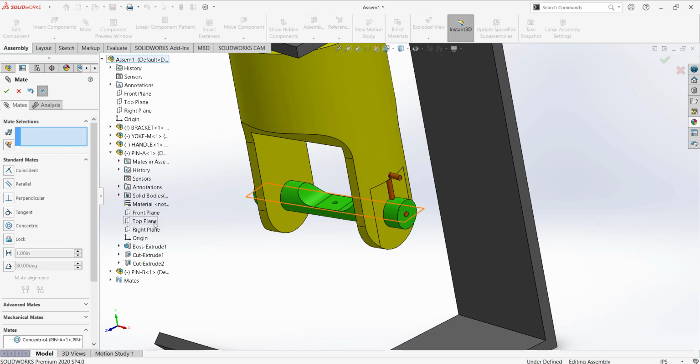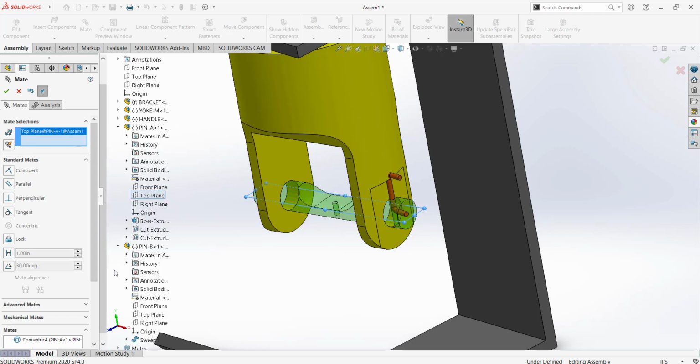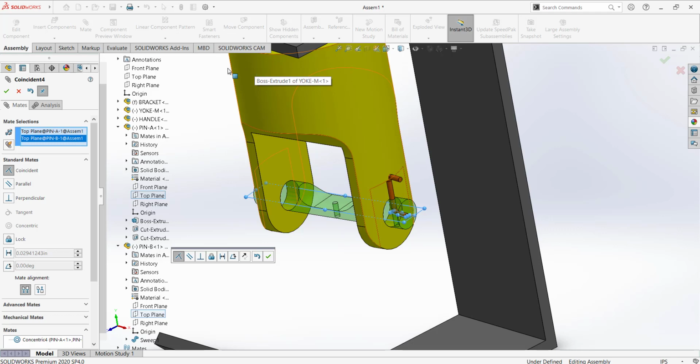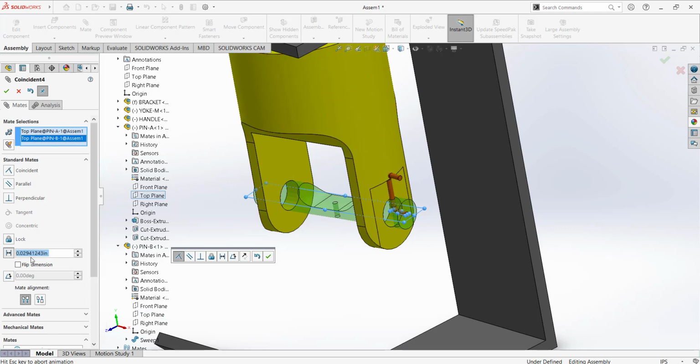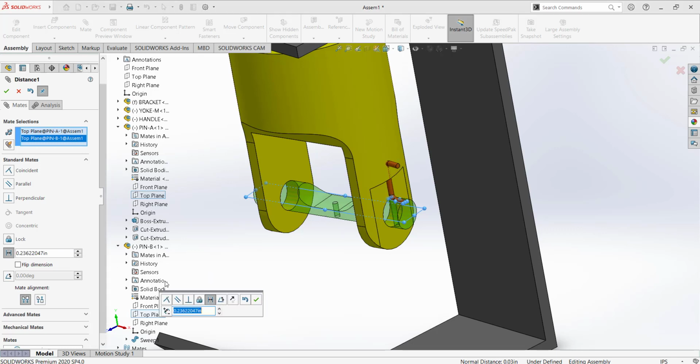So we are going to select this top surface of the pin A and go to pin B, and we can select the top, and we are going to add, just change the dimension to millimeter. So add a distance between them. So distance is 6 millimeter,